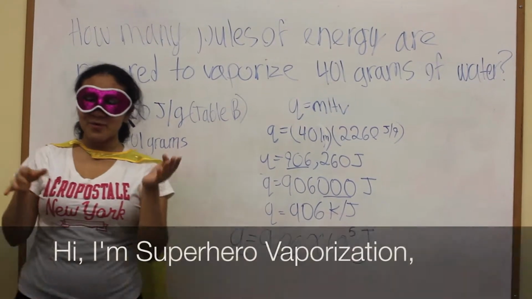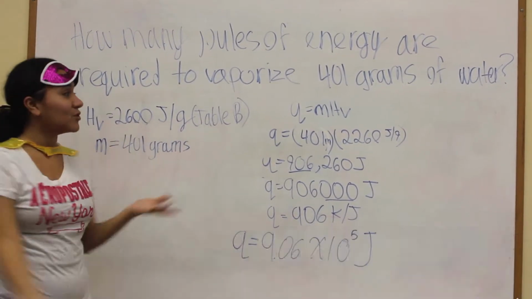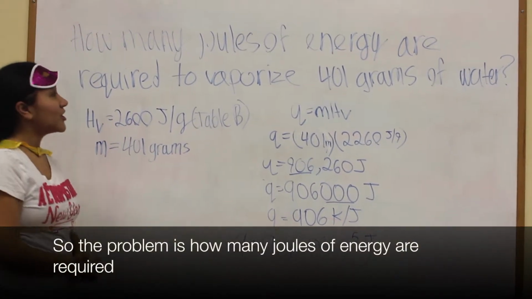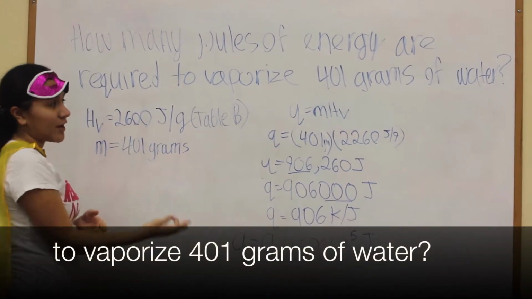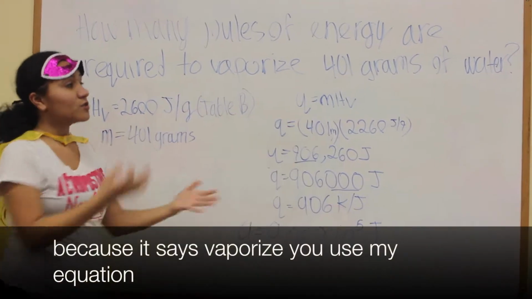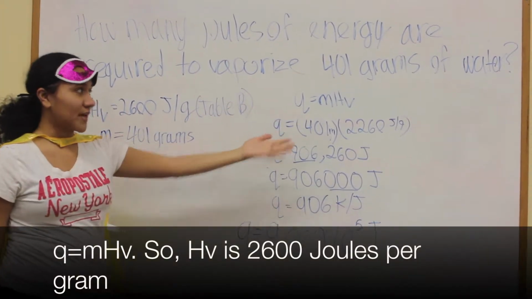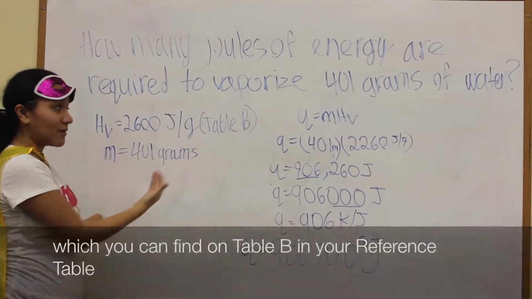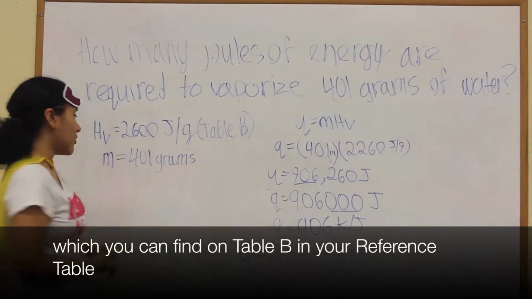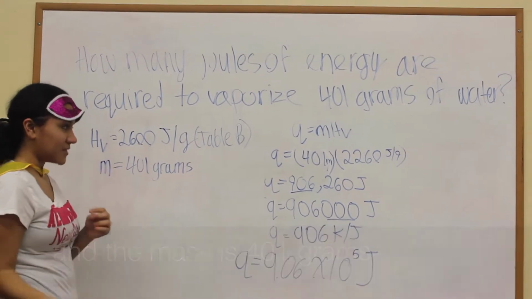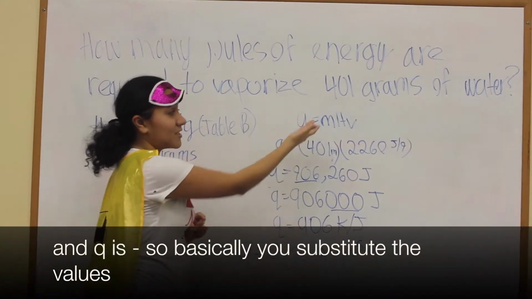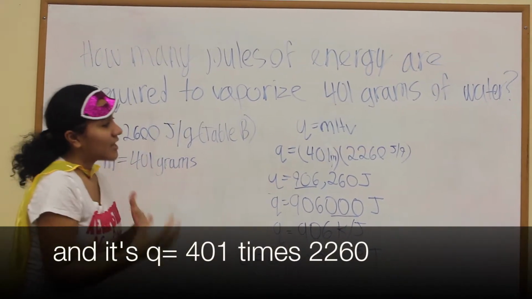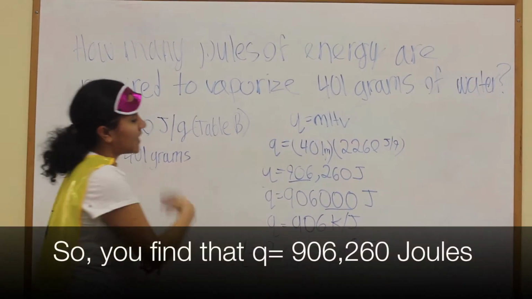Hi, I'm Superhero Vaporization, and I will be introducing my problem, which is Q equals mHv. The problem is, how many joules of energy are required to vaporize 401 grams of water? Because it says vaporize, you use my equation, which is Q equals mHv. So Hv is 2,260 joules per gram, which you can find on Table B in your reference table. And the mass is 401 grams. You substitute the values, and it's Q equals 401 times 2,260. So you find that Q equals